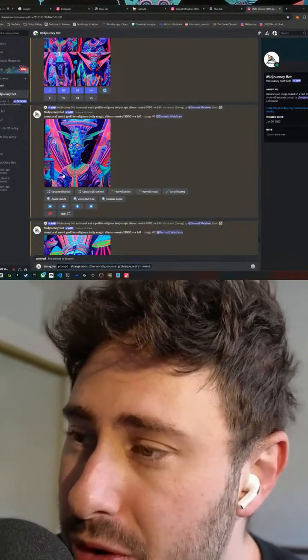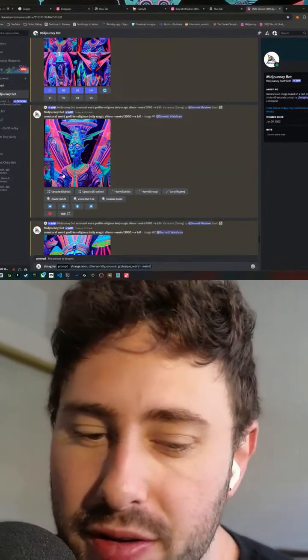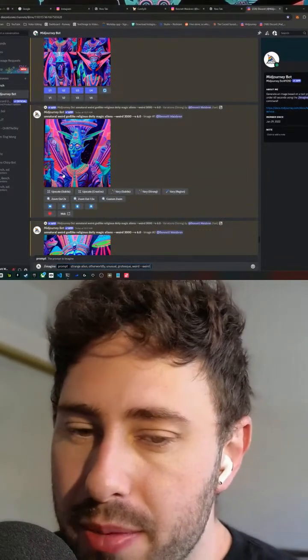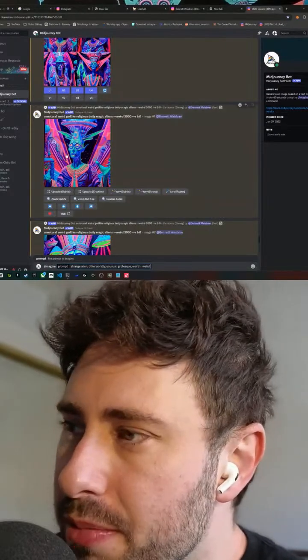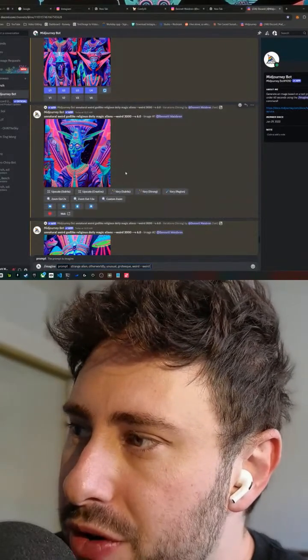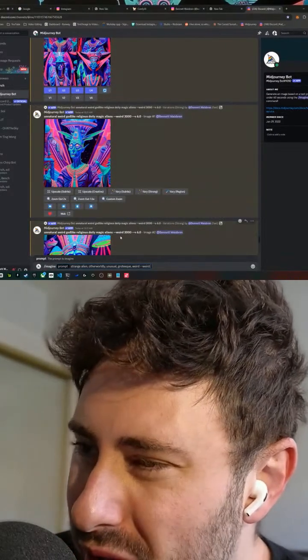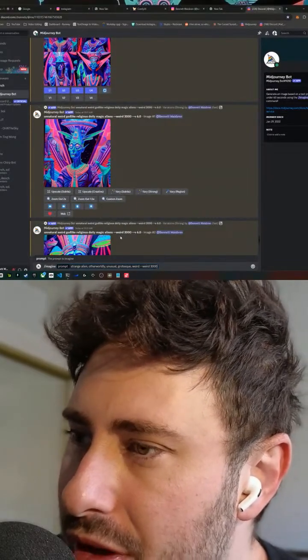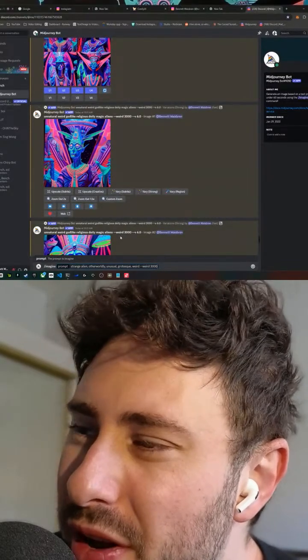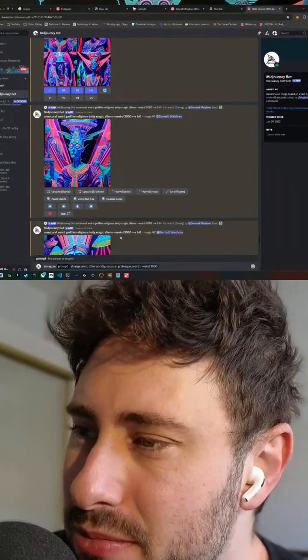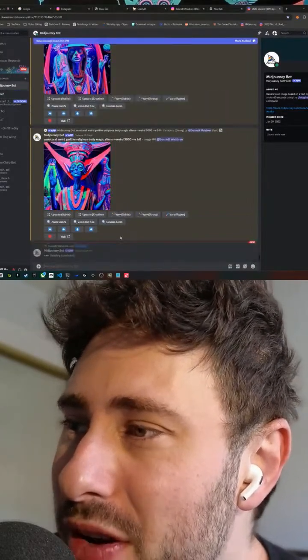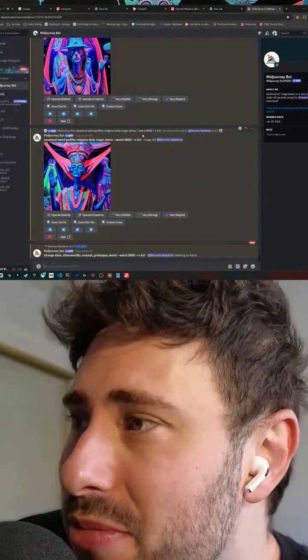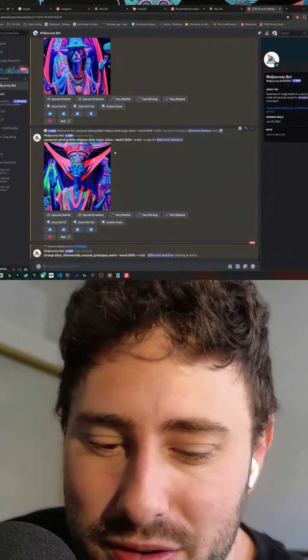And then I'm going to add the weird parameter, which in Midjourney, if you're not familiar with, is a parameter that basically makes your image as weird as you want it to be. And it goes all the way up to, I think, a scale of 3,000. You can go from like 1 up to 3,000. Anything beyond 1,000, I think, starts to get maybe a bit too weird, a bit too abstract. But I'm just going to start with 3,000 because we may as well start big and shrink.